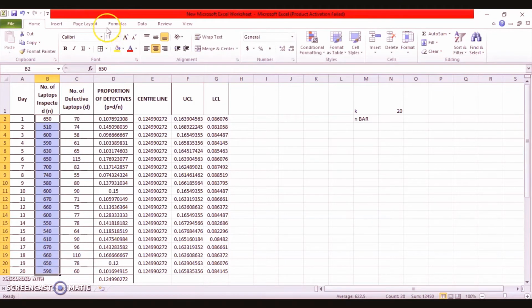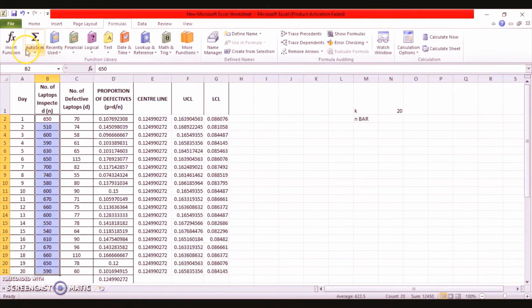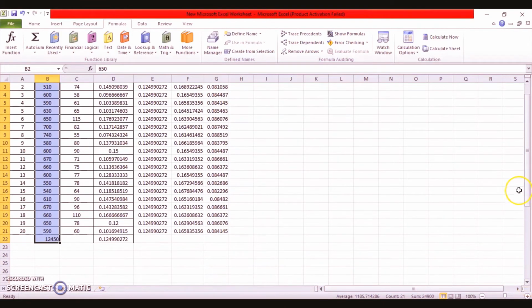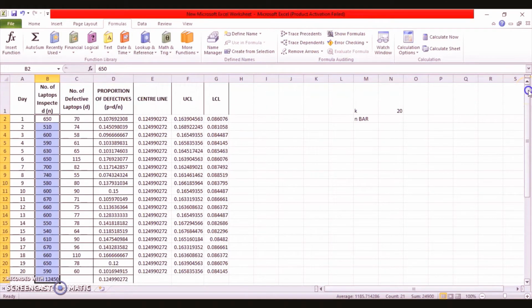So I'll go to the formulas, do auto sum and I'll get this value, which is the sum of all the N values. So your N bar will be equal to this sum of all N divided by the K value. So the N bar value here is 622.5. Now let's find out why I calculated this N bar value.